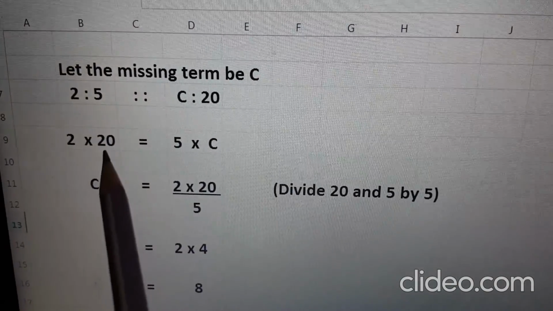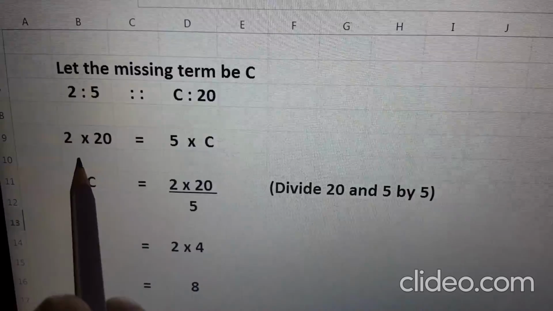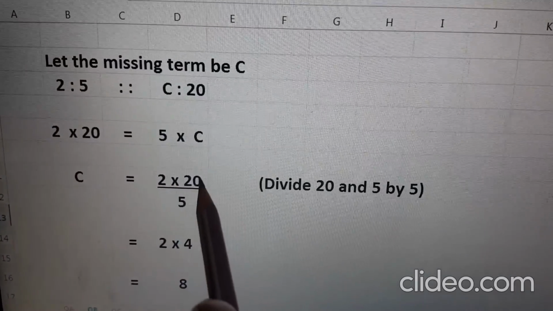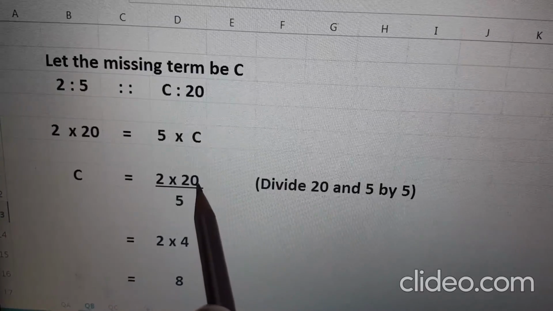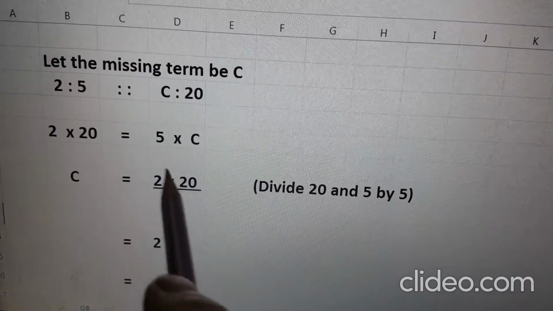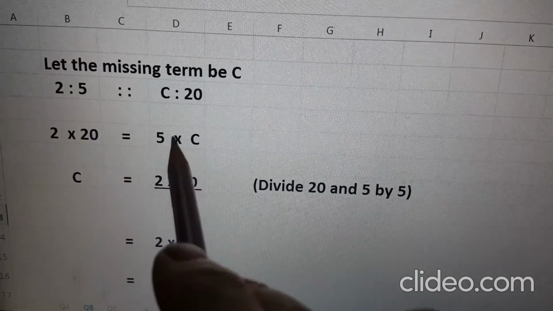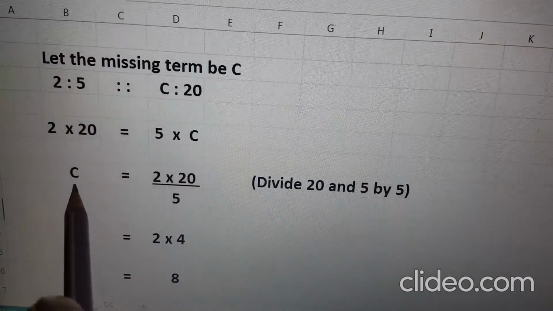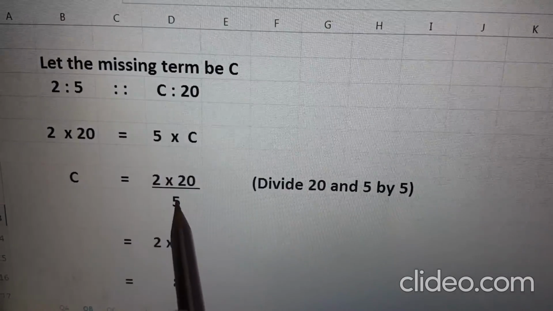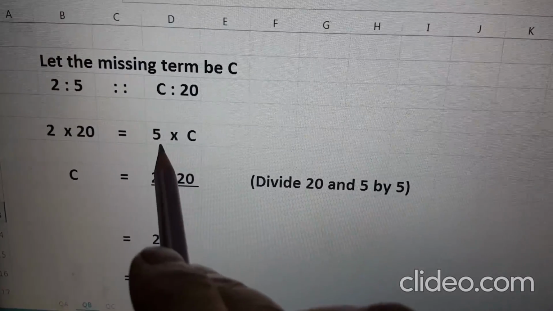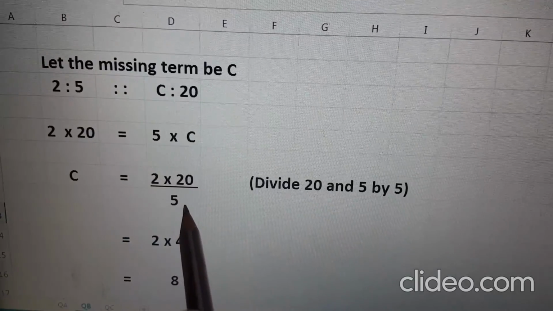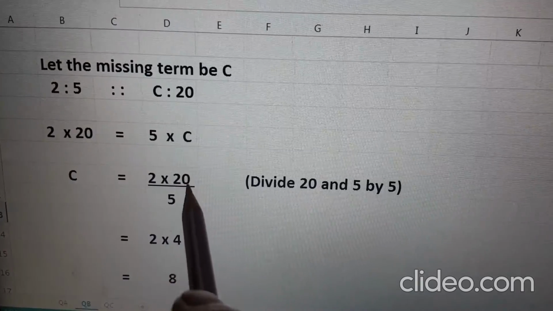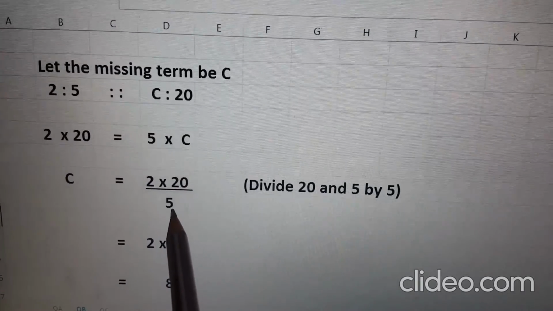Now see, एक्सट्रीम्स की दोनों टर्म्स आपको गिवन हैं, आप उसको एज इट इज यहां लिखेंगे, क्योंकि एक्सट्रीम्स की दोनों टर्म्स गिवन हैं, आपने दोनों को यहां लिख लिया. मीन्स की वन टर्म मिसिंग है तो आपने C को यहां लिख लिया, C इज मिसिंग टर्म. और जो गिवन टर्म है उसको आप डिनोमिनेटर में लिखेंगे. मीन्स की गिवन टर्म को आप डिनोमिनेटर में लिखेंगे. तो क्या बन जाएगा, product of extremes divided by given term of means.